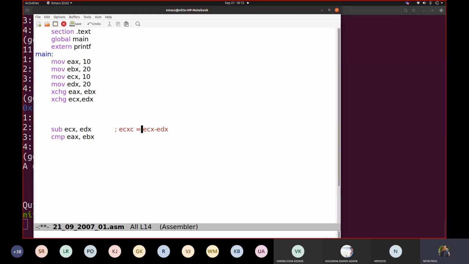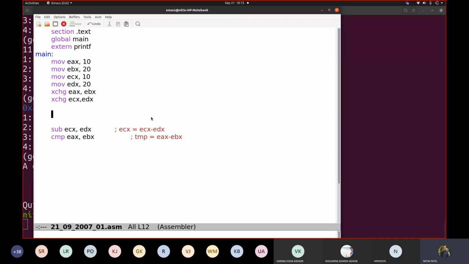The same thing happens with comparison as well, only the result is not saved. So the result would not be saved in EAX. With some temporary location, EAX minus EBX happens because of this instruction, but the result is not stored here. Let us see what exactly I'm trying to tell here.